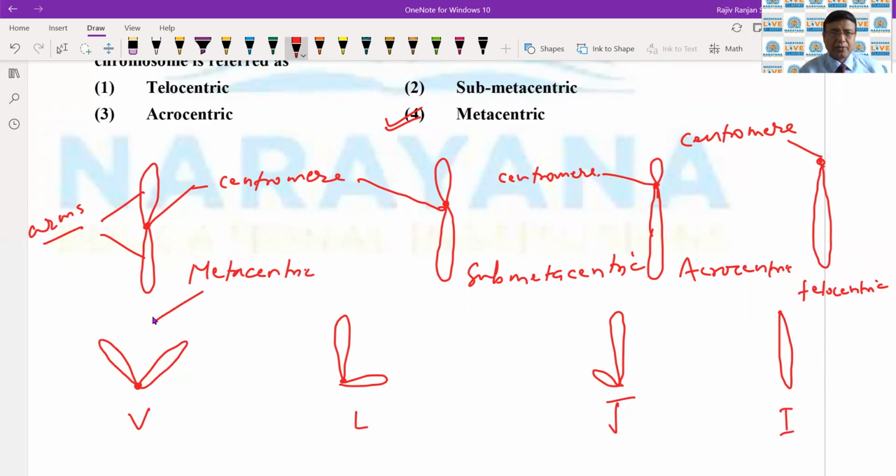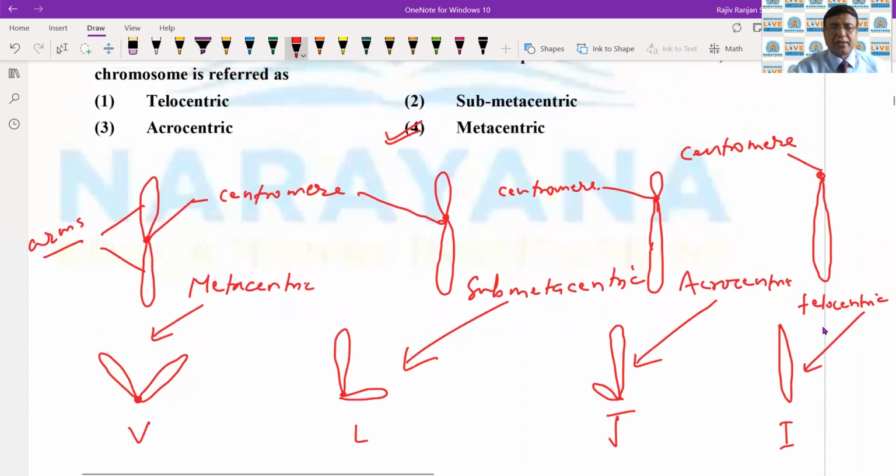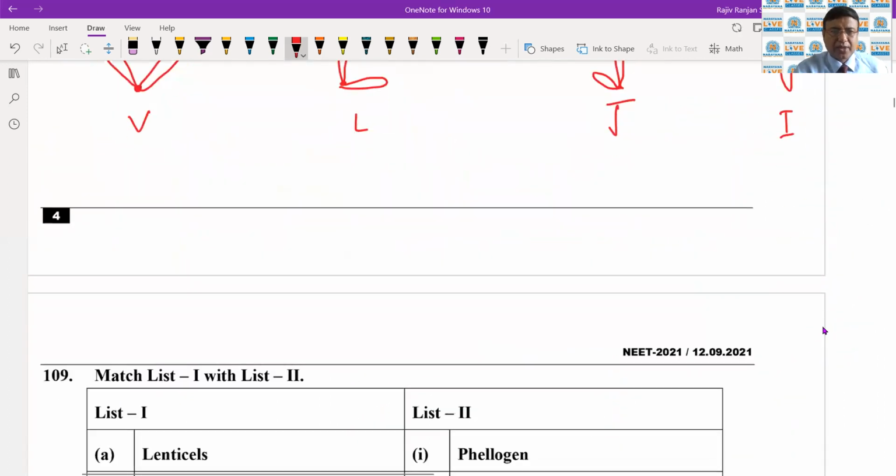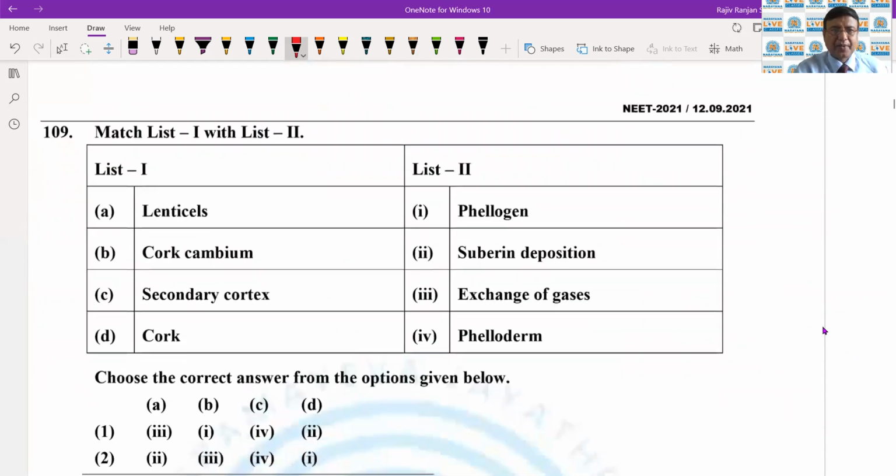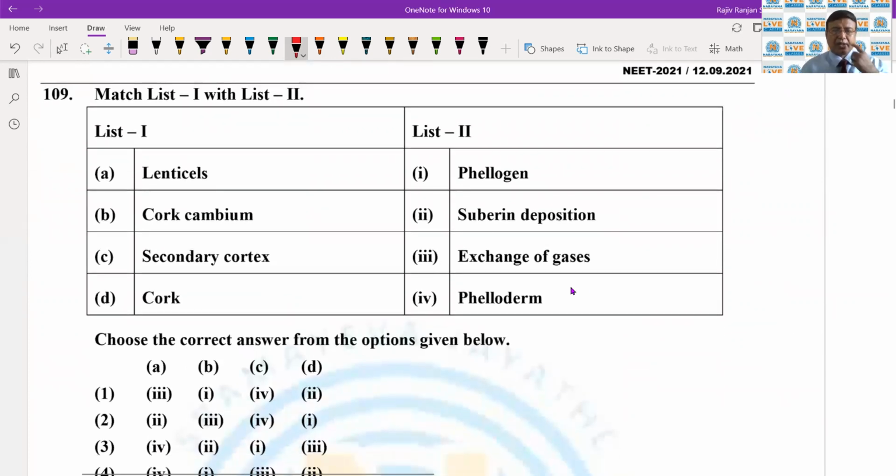So V corresponds to metacentric, L corresponds to submetacentric, J corresponds to acrocentric, and I corresponds to telocentric. Okay, so let's now see the next question, question number 109. So here, this is the question about the periderm and bark. Okay, so periderm